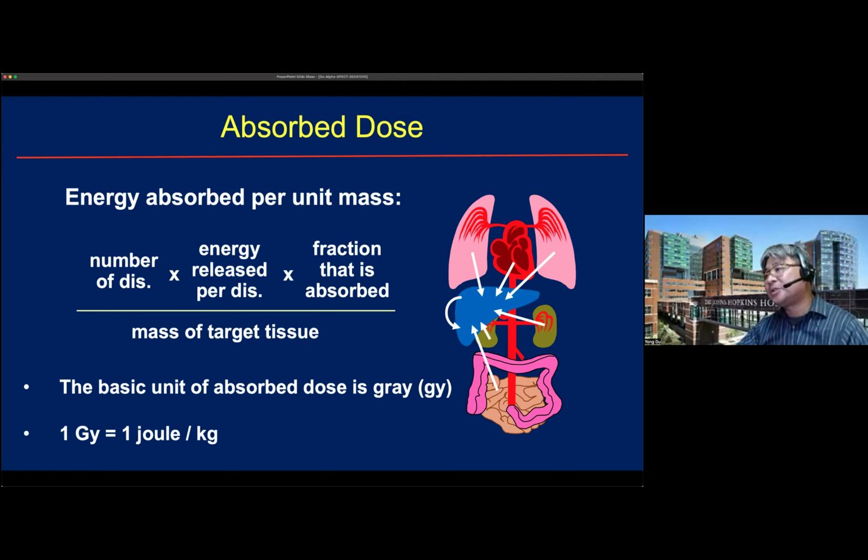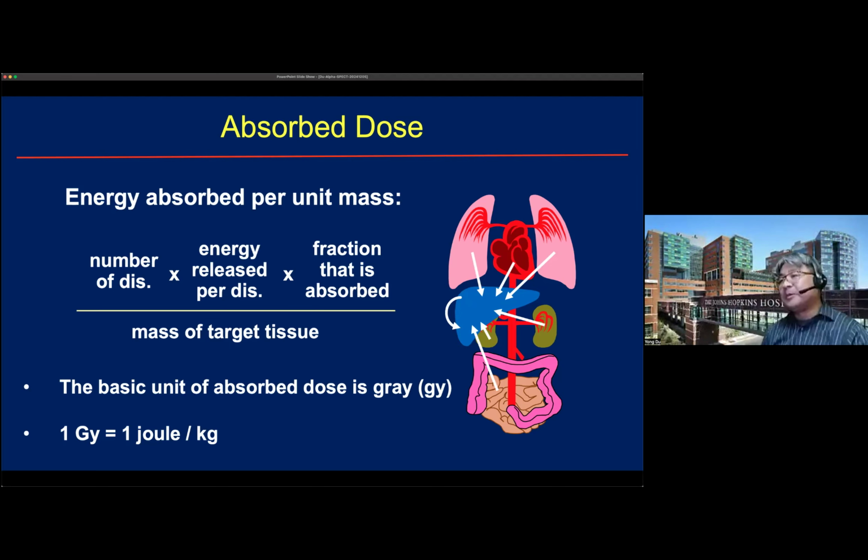This cartoon shows, for example, in the patient, if we have the lung, heart, kidney, intestine and liver, all those radiations, when they decay, will emit different particles and energies. They can be deposited locally, and they can also propagate to neighbor organs and deposit in those neighbor organs. The example here shows all the energy transferred from other organs into the liver and energy deposited in the liver itself. So if you add this together, as shown here, this gives us the total energy deposited